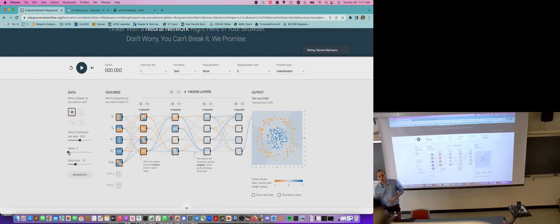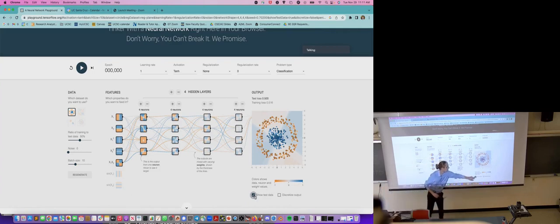Here's something to try as well. You can add noise to the data set. You see here, if I keep adding more noise, now they get more mixed, for example. So there's more overlap between the classes with this noise bar. You can also show the test data here. If you tick this box, you can show the test data set that is being evaluated on. You can overlay it on top.